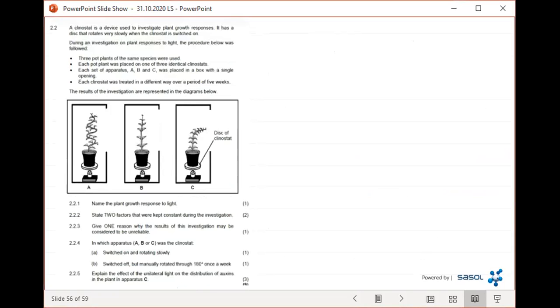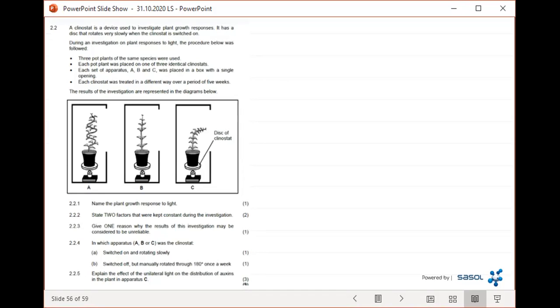And then we move on to the next question, which is question 2.2. Says a clinostat is a device used to investigate plant growth responses. It has a disc that rotates very slowly when the clinostat is switched on. So during an investigation on plant responses to light, the procedure below was followed. We have 3 pots of plants of the same species we used. Then each pot plant was placed on one of 3 identical clinostats. Each set of the apparatus with A, B, and C was placed in a box with a single opening. And then each clinostat was treated in a different way over a period of 5 weeks. The results of the investigation are represented in the diagram. So we have our plants here, and all 3 of the openings are on the right hand side. Okay, then question